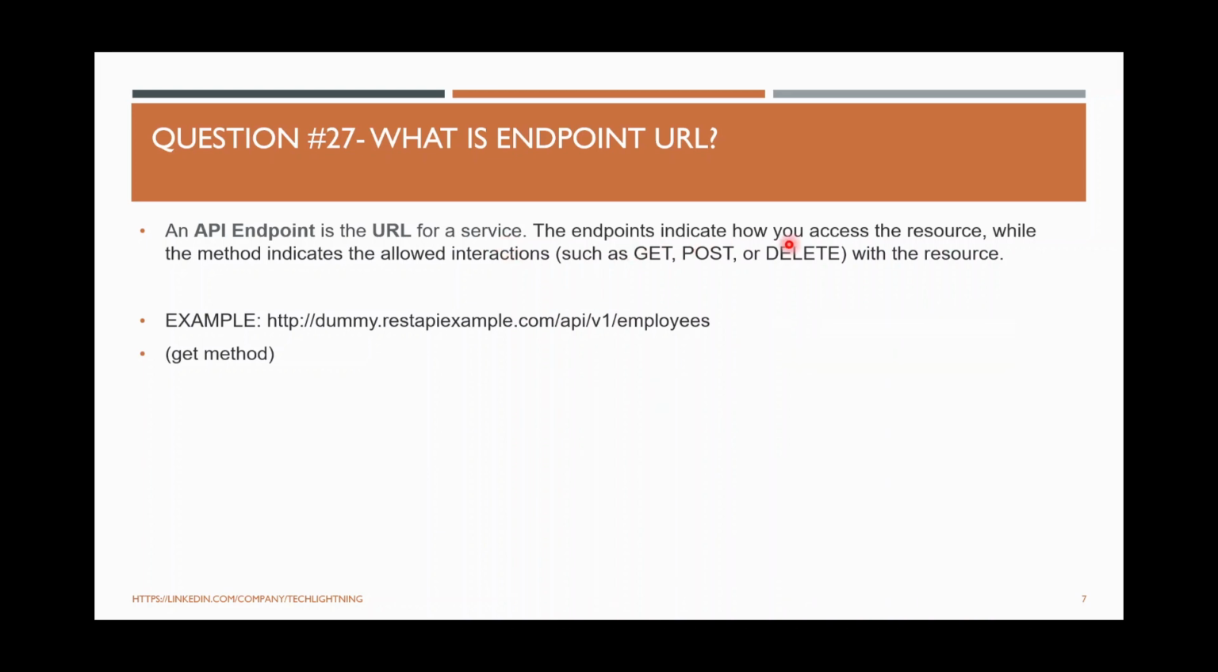An API endpoint indicates how you access the resource. For example, I want to access the employee information. Then I will have a host name, slash, and then my endpoint details. In this example below, dummy.restapexample.com is the host name, and after that you have api/v1/employees. This is the resource. When I access this resource with the GET method, it will give all the employee details